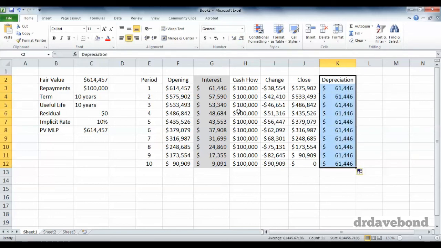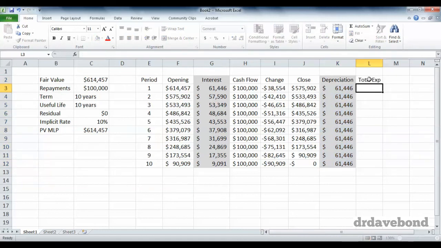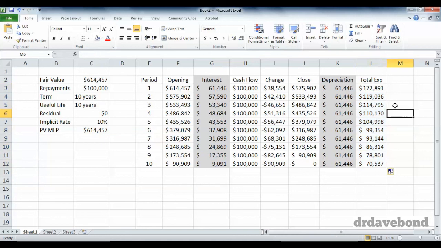So we end up with a depreciation expense of $61,000 each year. So the total expense for a finance lease is the interest cost plus the depreciation. So in year one, the total expense for a finance lease is $122,000, and the total expense in time 10 is